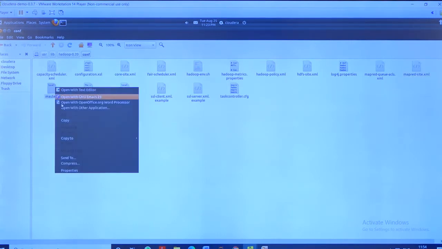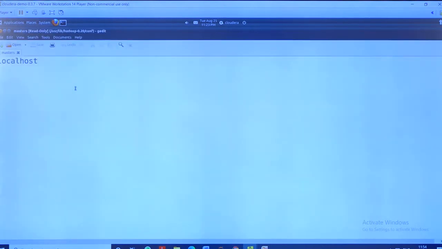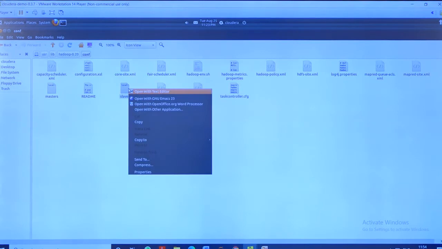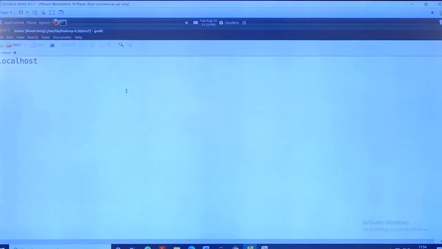And we have the master. As I said, we are working in the pseudo distributed mode. My one machine is the master and my same machine will be the slave. So since I am working in the pseudo distributed mode, my master is my localhost. Similarly, if I open the slave, the same information will be there; the slave is also localhost.